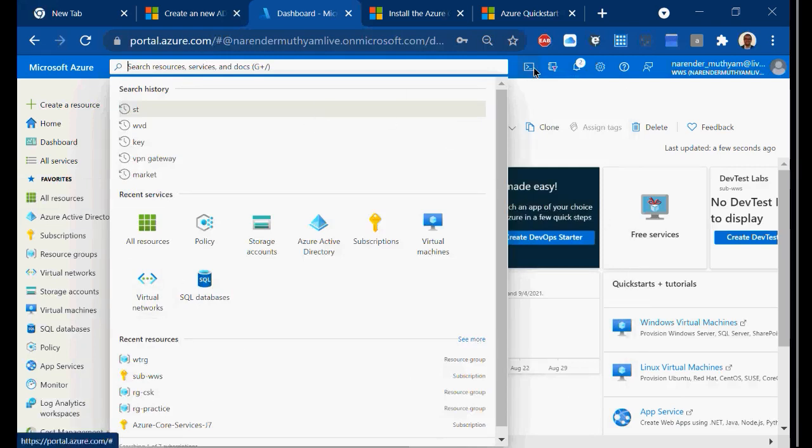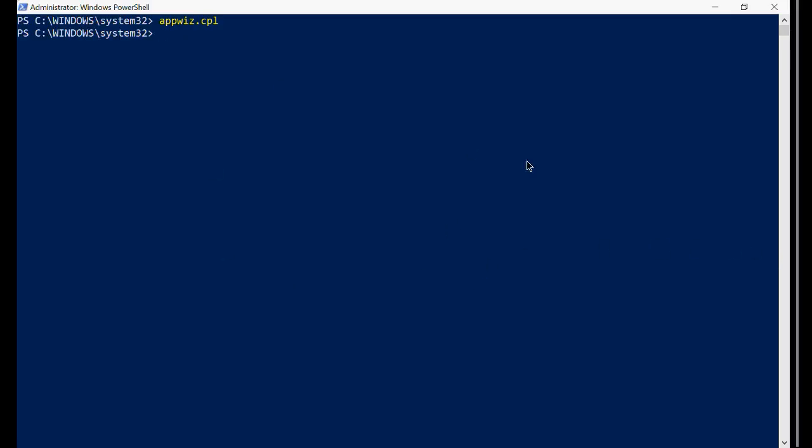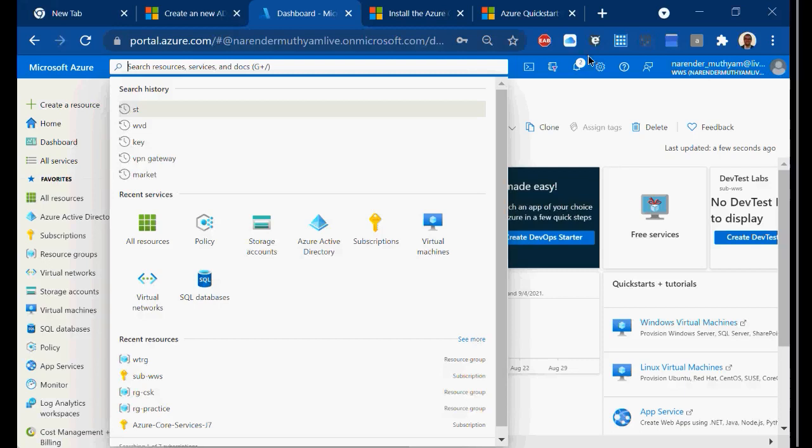And same way, you have something called Cloud Shell. So Cloud Shell is nothing but the one what we have deployed here, right? Same thing is offered on the cloud also without having to deploy. Means it comes by default. The only thing is you need to have a storage account to run this one, and then you have a